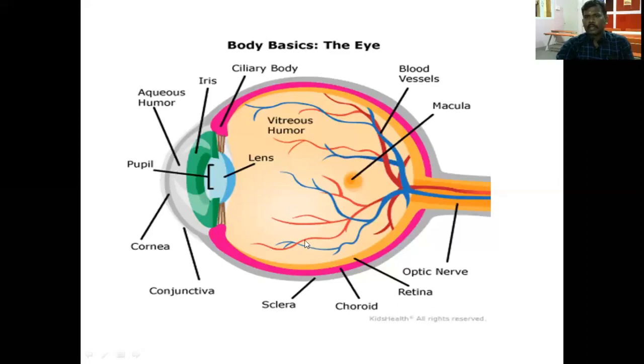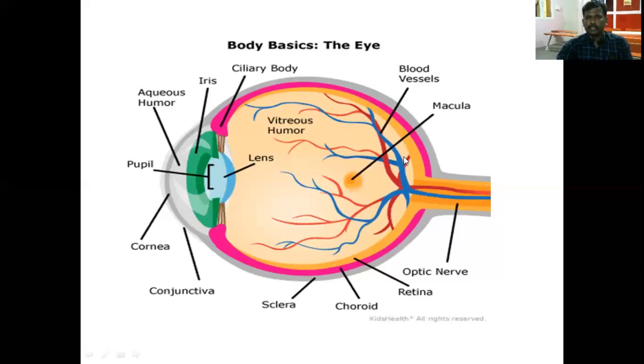And one thing, in the backside of the eye is the retina. When the light image is focused at any point on the retina, it produces the image. And we have one point, the blind spot. Note the arrow mark, this point is the blind spot. If the object is focused at the blind spot, we cannot see the object. Okay, that is also important.